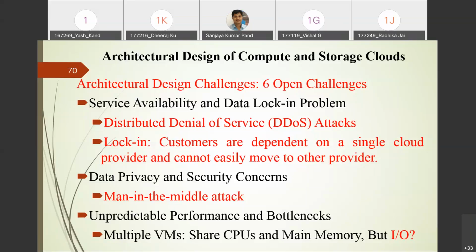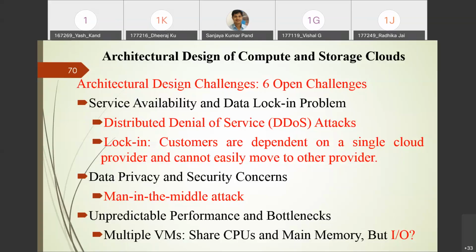Service availability, like I told you, for Amazon is 99.99, with a total of 11 nines. Why are they going for 99.99? Why are they not mentioning 100%? Because they assume that there may be a failure. We cannot say that we are available 100 out of 100 times. That is also required with respect to the security aspects, the power aspects, and various other aspects, on which we can say whether the system will be available or reliable.